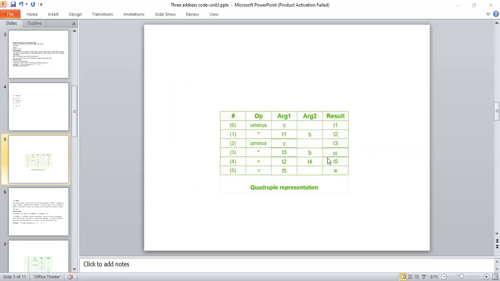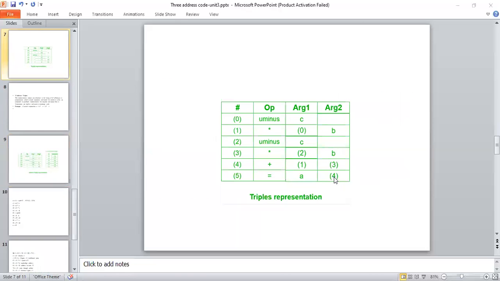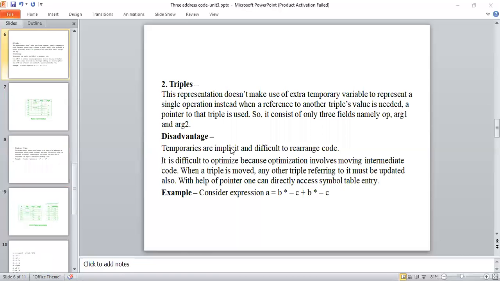And coming to triples, they don't contain temporary variables, so they don't take much memory space and time for the triple representation of three address code. That is the advantage of triples.